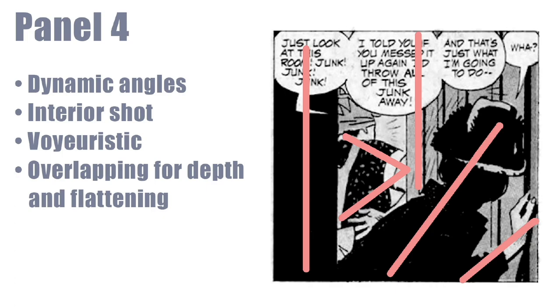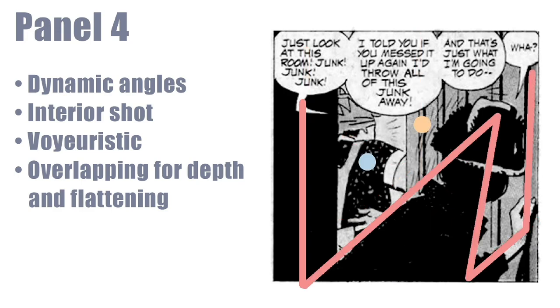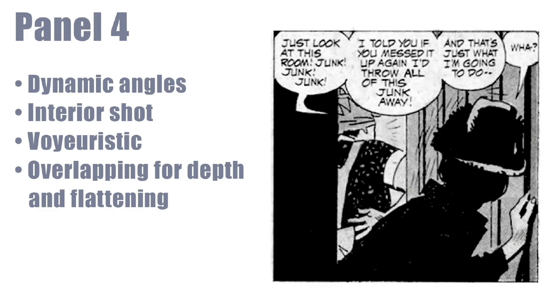A lot of it is because of the composition, and then he's overlapping for depth. There is the figure in the foreground, which bleeds into it. We see the kid in the foreground with the door jamb. That's the foreground. We see the door itself is the middle ground, and then the stepmother is the background. So there's a lot of depth. But when we look at this, there is a flattening effect going on even while he's doing that. So while he's separating out different planes, and we see foreground, middle ground, and background, he's also flattening things graphically, and it works both ways.